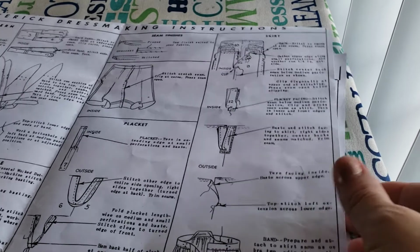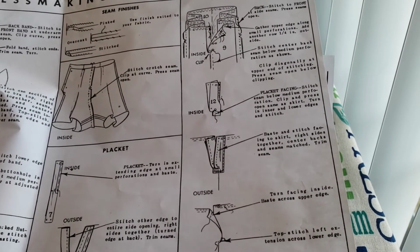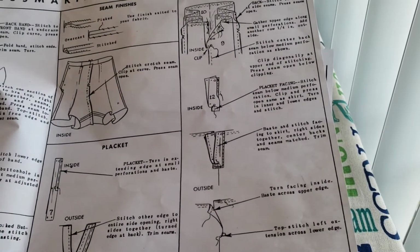for some reason. These instructions are not very thorough, I have to admit. Back stitch to front at side seams. Press seams open. That's the construction of the skirt. The rest of it is just how to put the placket in, and